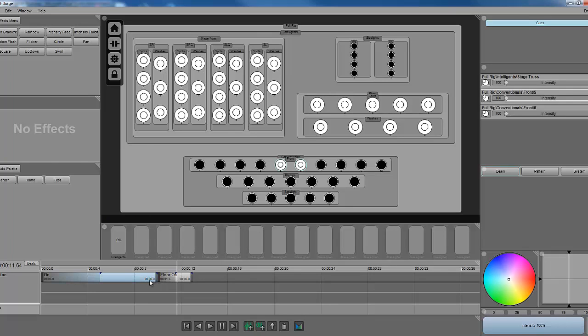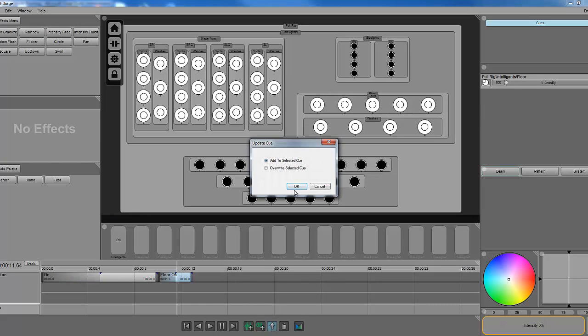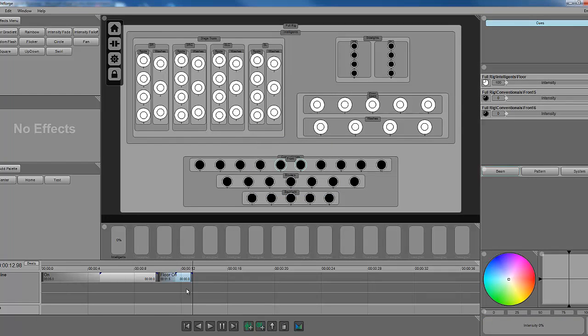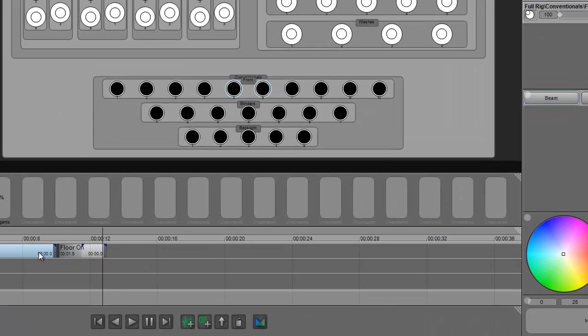It just means that in this cue now, say we want them to go away, we just need to turn them off and then add them to this cue. And now they'll be off. You just need to think through as you're creating your cues what you're adding in and when you want it to go away, and